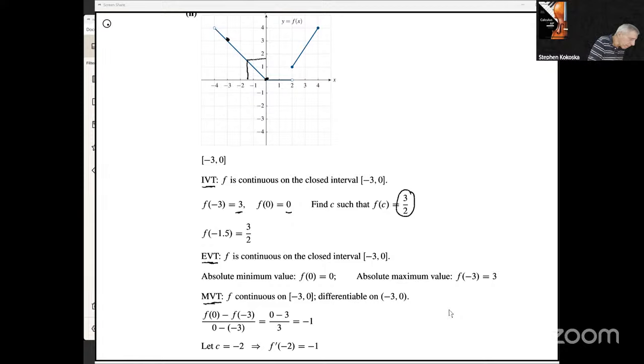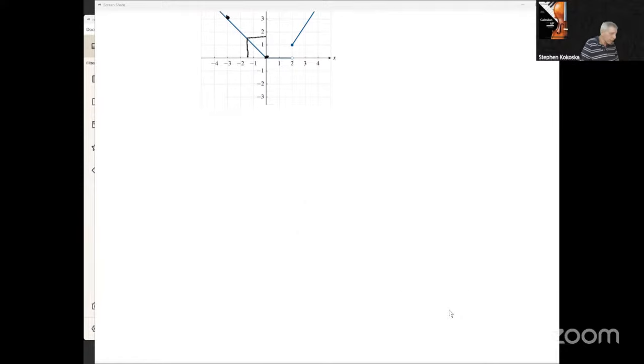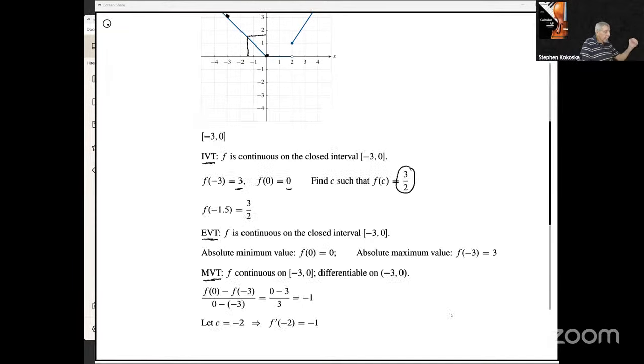And finally, the mean value theorem down at the bottom here. There are two assumptions I need to think about here. Is f continuous on the closed interval -3 to 0? Yes. Is it differentiable on the open interval -3 to 0? Yes, it is. So I'm going to find that difference quotient, f of 0 minus f of -3 over 0